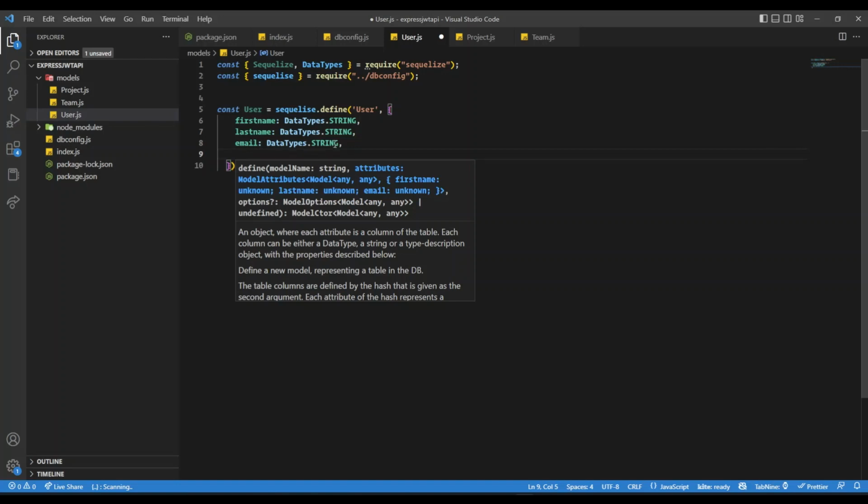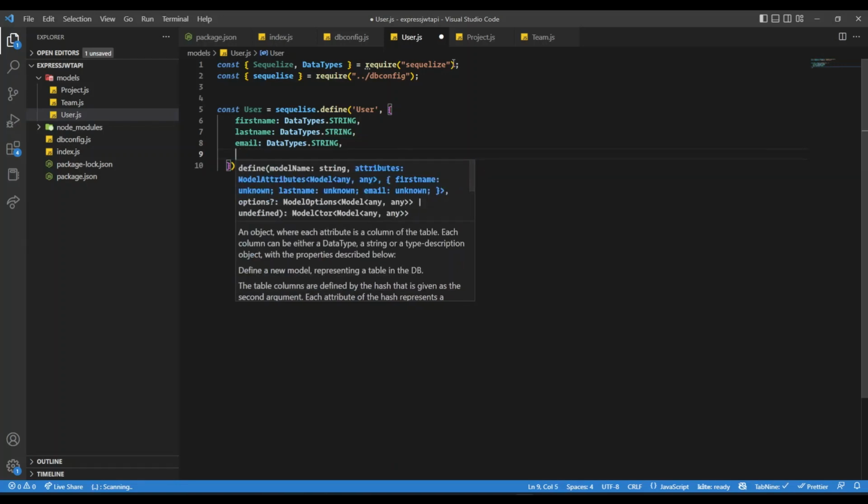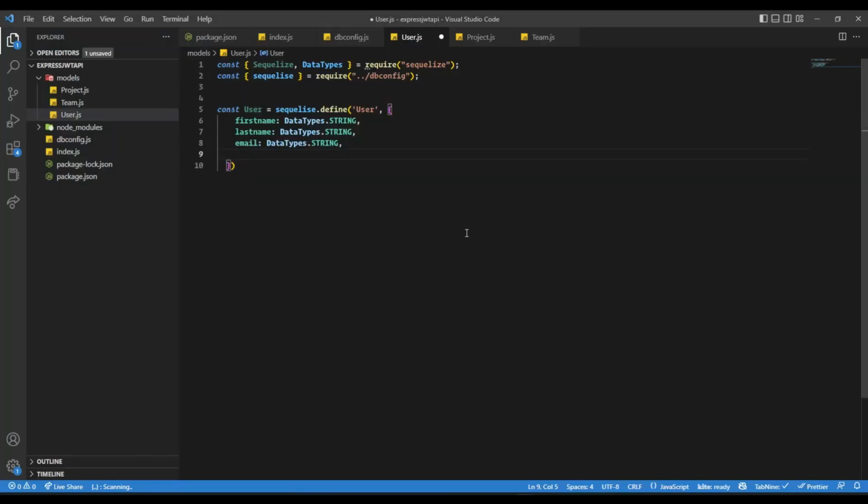Then we need to provide the, now that's the thing. We don't provide the foreign key over here, even though we have it over here that one user is associated with a team or one team has many users. When we provide the relationship, then we will give the foreign key. But for now, we will have these things, and also we will have an auto incremented